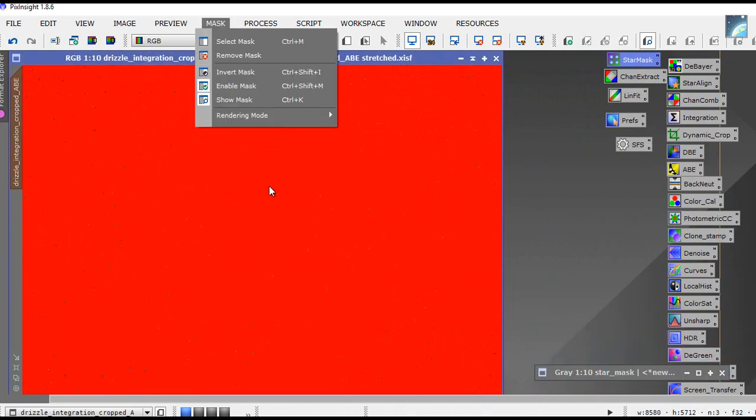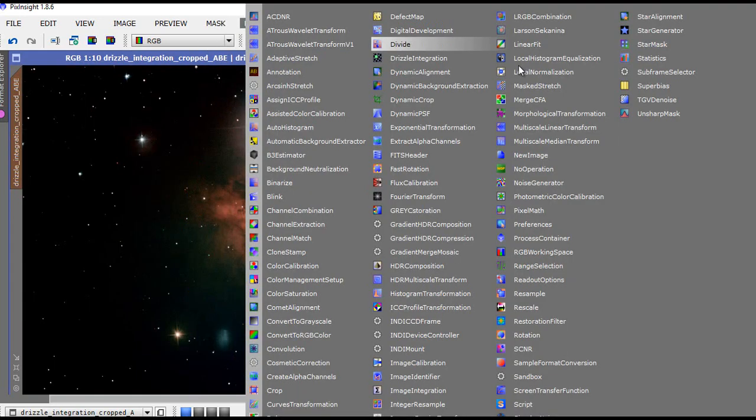Next job will be to hide the mask. We don't need to see this redness or anything when we're working on the image, so just click show mask, that hides it. Go figure. Then we open the Morphological Transformation tool,